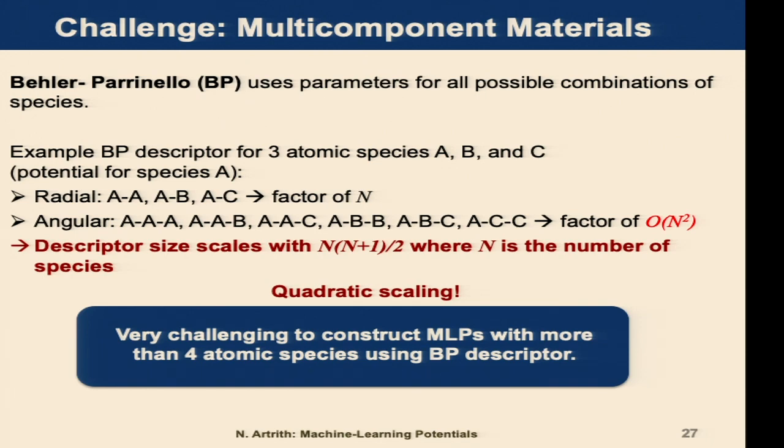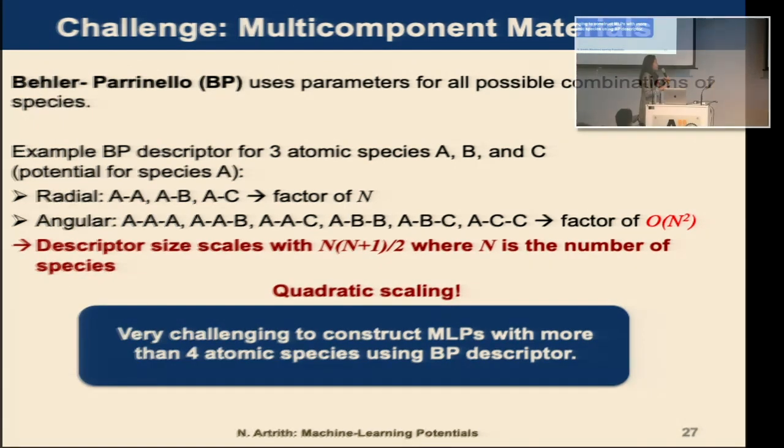For example, if we have a descriptor for 3 chemical species, A, B, and C, this is what you have to describe on your input before you use it. In the radial part, we have to have AA, AB, AC, so the number of descriptors or symmetry functions of the radial part has a factor of n. And then for the angular part for the 3 chemical species, we have the combination of all 3, which gives a factor of O(n squared), which is very